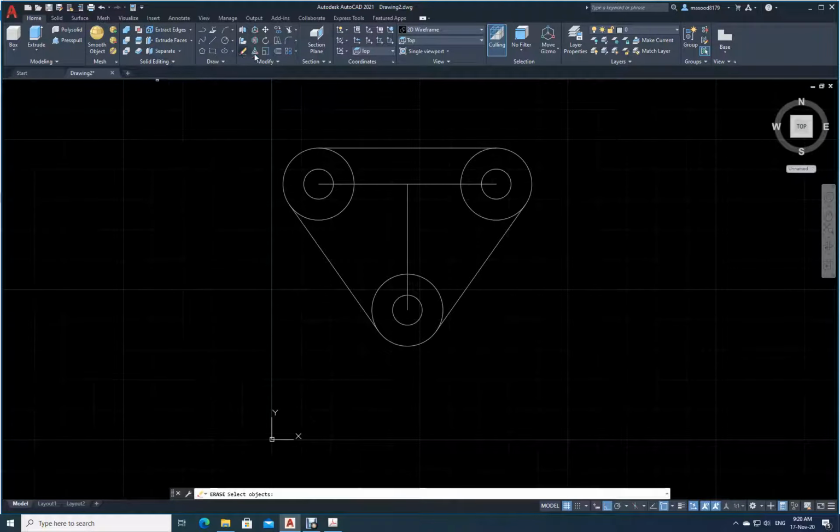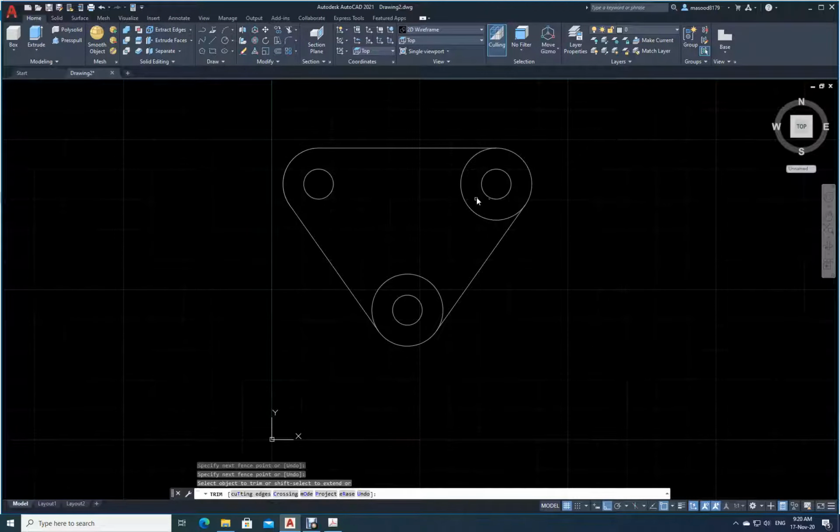So now let me remove this center line. I don't need this center line. I will remove this. And in fact I will remove this line also for the time being. Now I will trim and remove this part of the circle. Just go remove. I have trimmed. Okay. You know how to do the trimming.